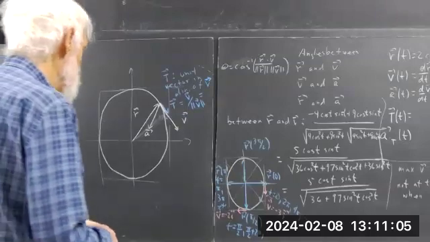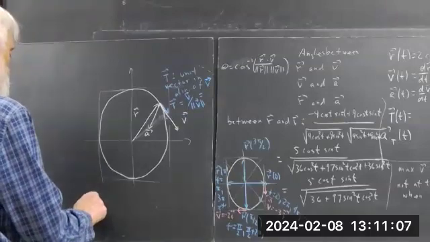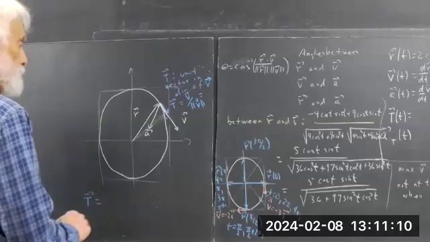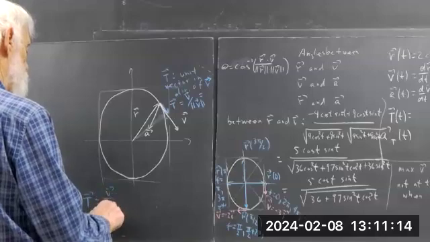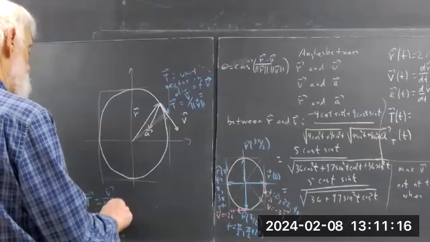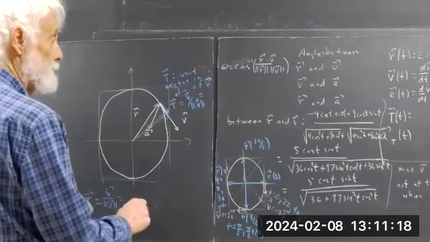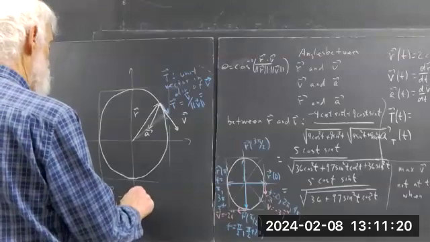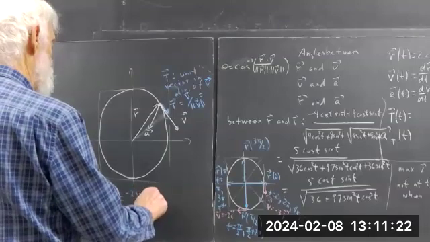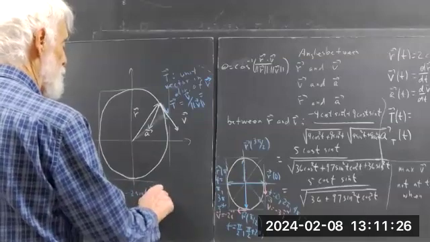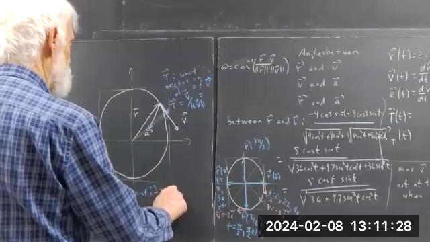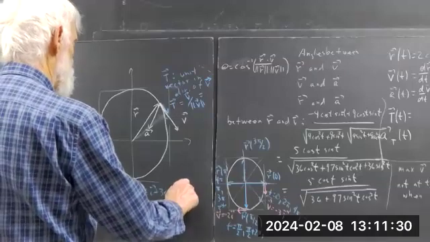So we find out that T equals, well, I'll write it out, and V equals -2 sine t i minus 3 cosine t j,